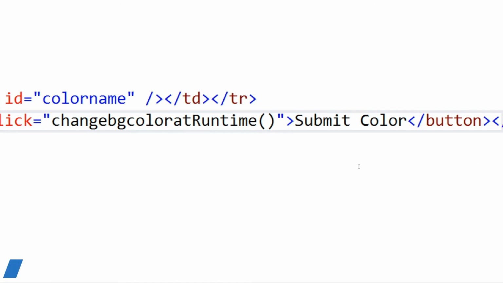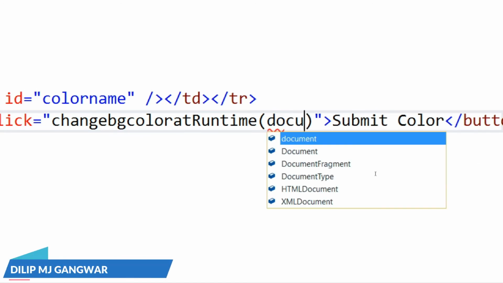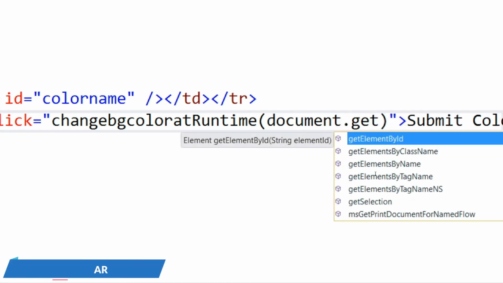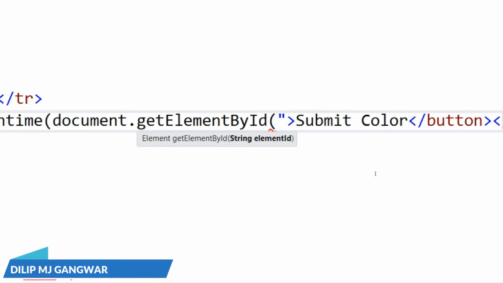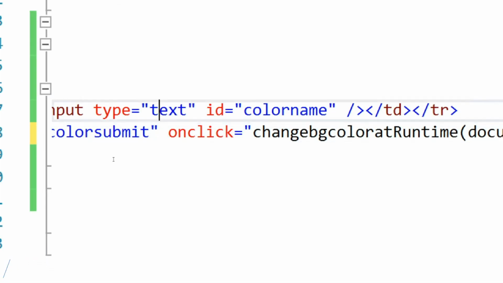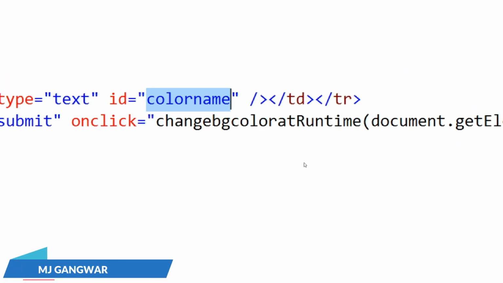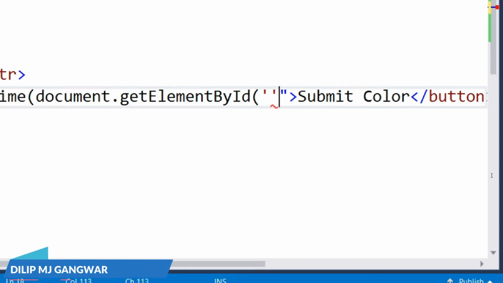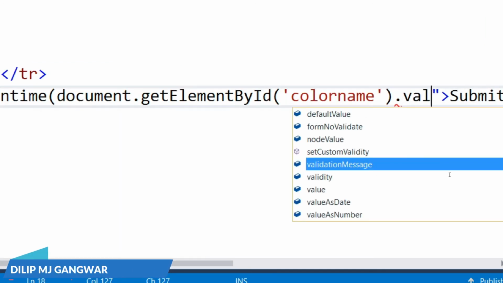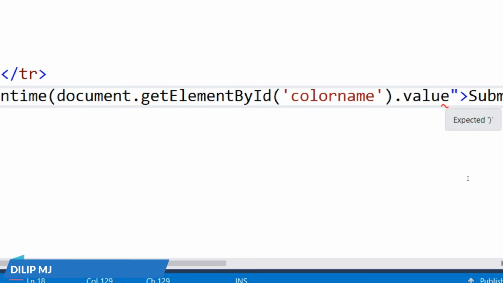With the help of some JavaScript here. document.getElementById, this is the function, so you have to write parenthesis here. As I have entered the first parenthesis, you can see here String elementId, meaning what is the element? This is the element, the input text box. From this text box we are going to take the color. So copy this, Ctrl+C, .value, and close it.